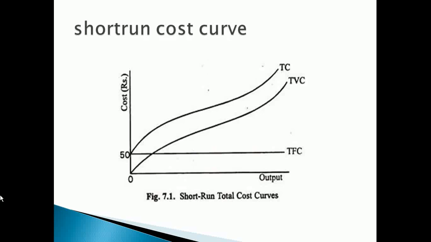Now, this is a table showing the different types of cost. We have been provided with quantity and total cost. Then this should be able to help us to calculate the rest of the cost. As you can see, the table is blank. So this is an assignment for you. So what is going to be the total cost? And what is going to be the total fixed cost?